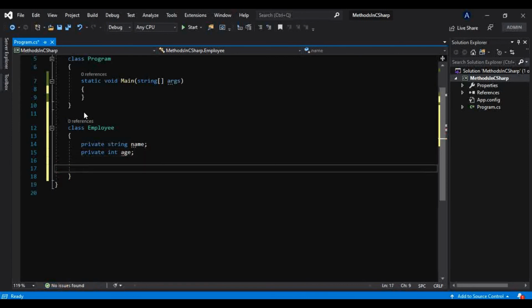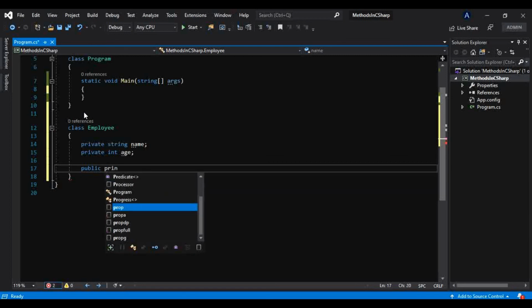Let's also have a public method which will print the name of that employee, PrintName, like this.